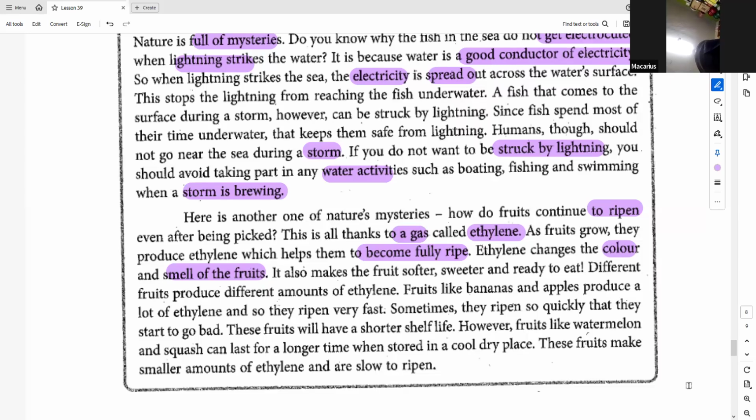Different fruits produce different amounts of ethylene. Fruits like bananas and apples produce a lot of ethylene, and so they ripen very fast. Sometimes they ripen so quickly that they start to go bad. These fruits will have a shorter shelf life. However, fruits like watermelon and squash can last for a longer time when stored in a cool, dry place. These fruits make a smaller amount of ethylene and are slow to